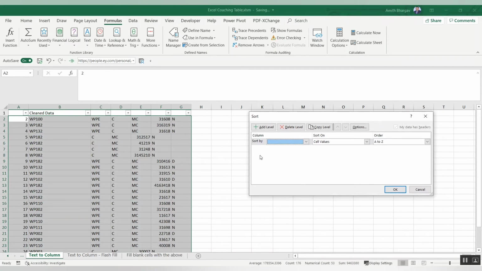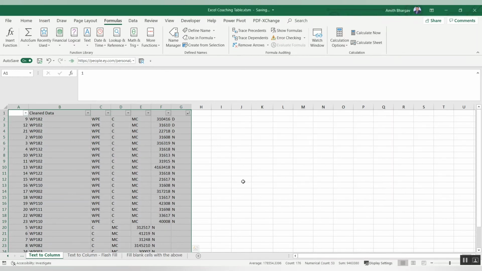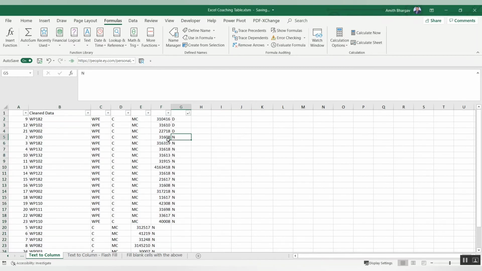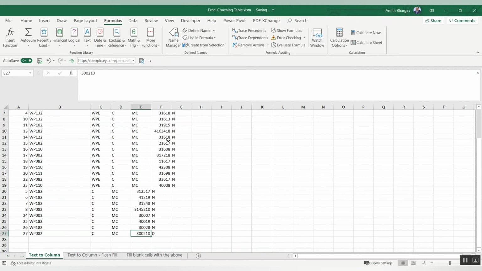Sort by column G, A to Z. Got it? Now the blanks will always be last when we do such a step. Now I'll just cut this and paste here so that the format of the table is correct.